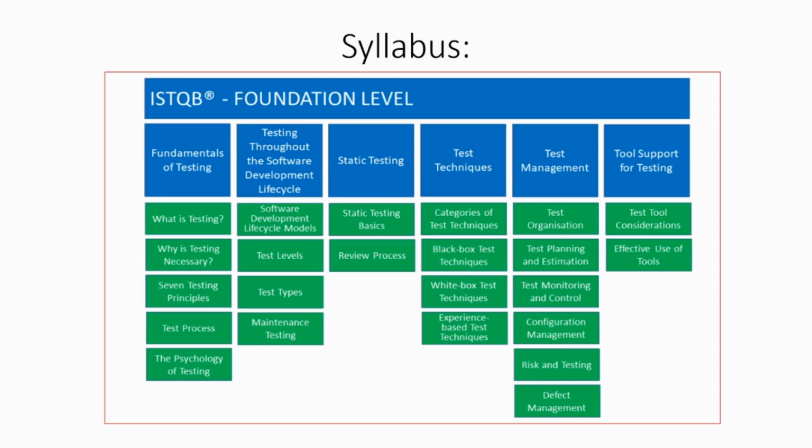Then the next major topic is test management. Here you will see how we can estimate the test, how we can make the test plans, how we can define the test strategies, how we can analyze the risks associated with the testing process, and how we can manage the defects. So again, a very important chapter. And the last major topic is tool support for testing. Here we will see what kinds of tools are important for testing and what considerations we have to keep in mind while analyzing the tools. So in a nutshell, there are 6 major topics and there are some subtopics associated with them.